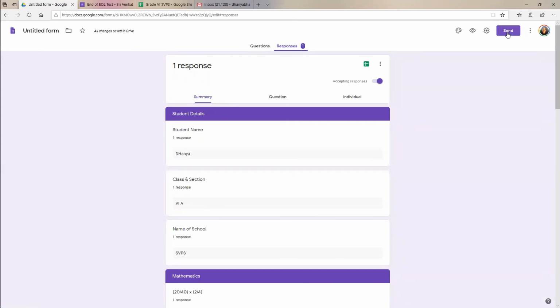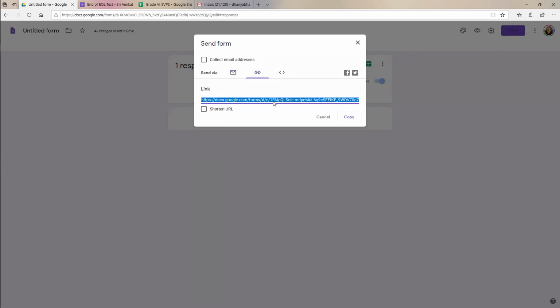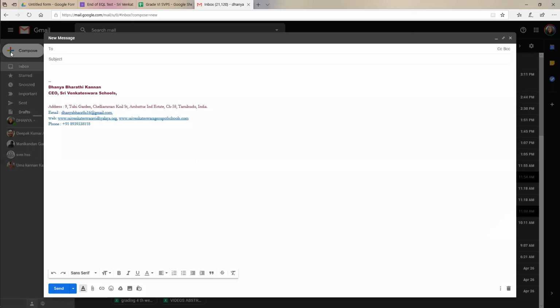say 5 minutes before the test begins. So I click send, a dialog box appears, and there is the symbol of a paperclip. This paperclip lets you copy the link with Control C, or if you want to shorten it, you can also do that, and Control C. You can Control V, paste it on your WhatsApp group, or just copy, go to your inbox, open,